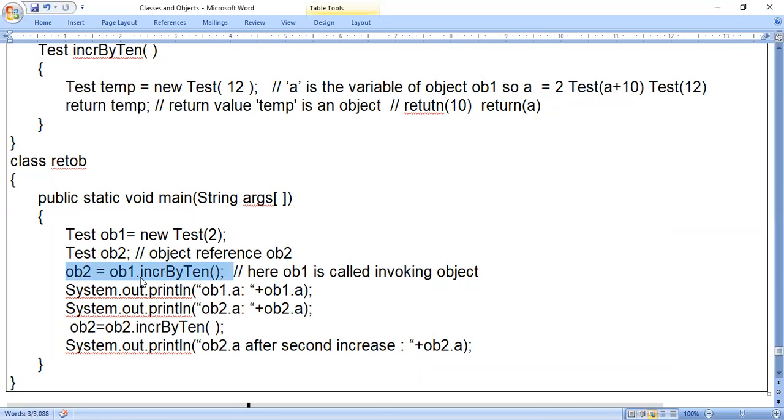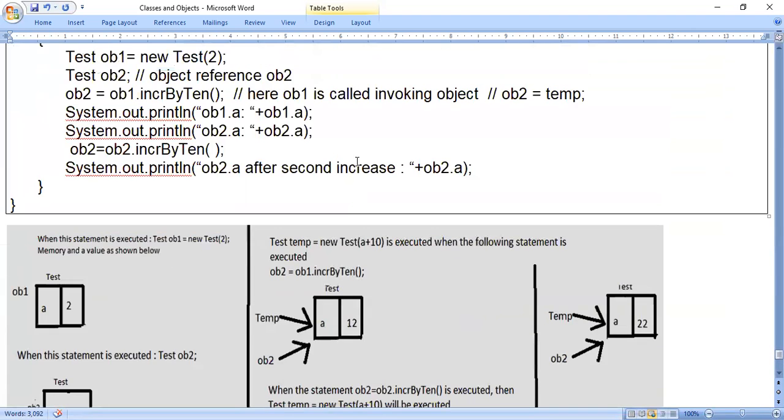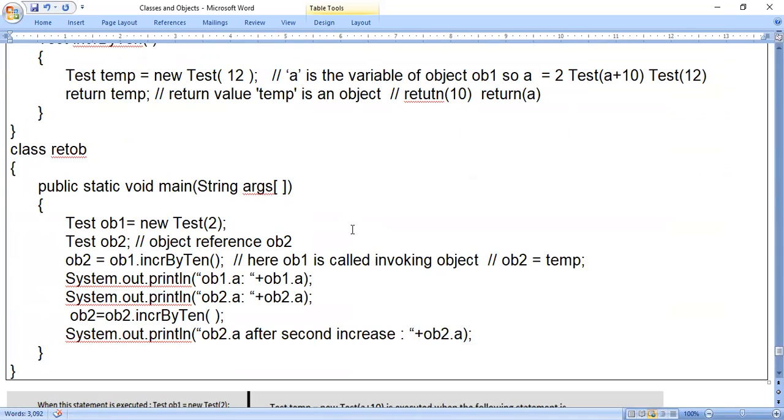When it returns to this line, on the right hand side, what happens? You just try to understand here. Wherever you see OB1 dot increment by 10, there you have to consider it like OB2 is equals to 10. In this way, you have to consider. I hope you are getting it. See, only for this particular program, in this class, I will not do any other chapters, because it's not so easy to understand. So at some point I will stop and ask you whether you have understood or not.